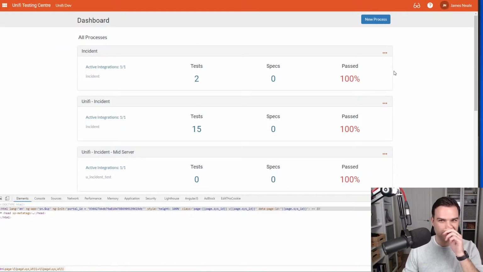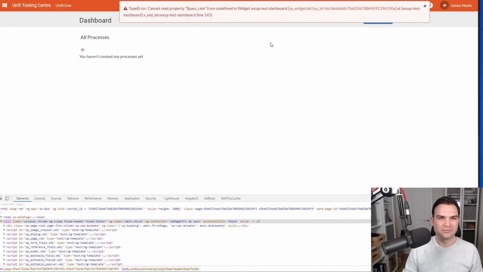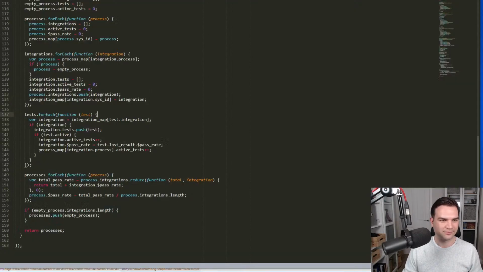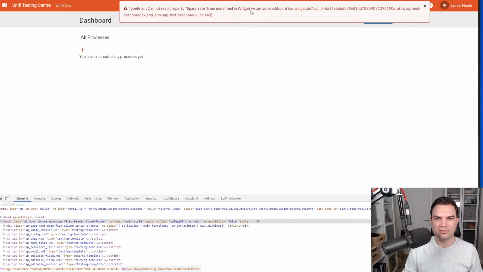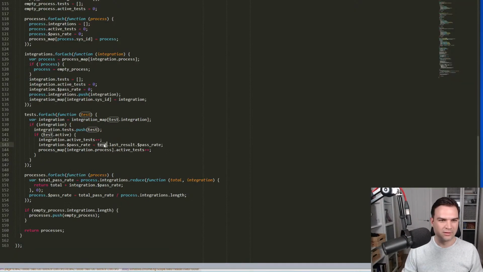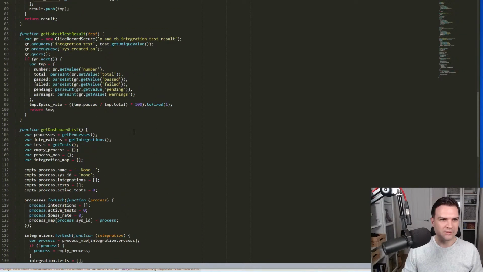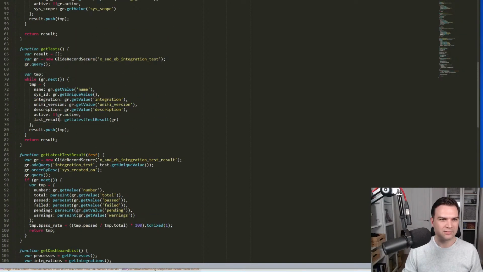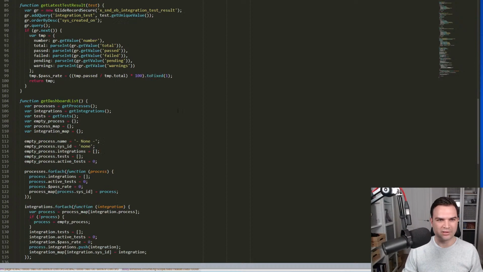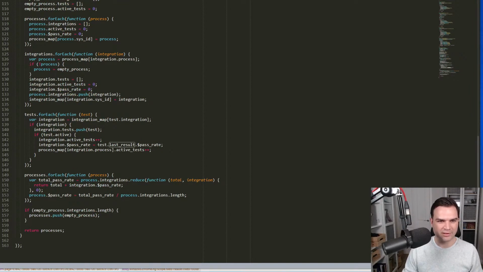Okay, so let's see what this looks like. Fail. Cannot read property pass rate. Okay, line 143. Interesting. So that's undefined. So I'm not doing result. Oh no, because if there isn't necessarily always a last result, is there? So if we